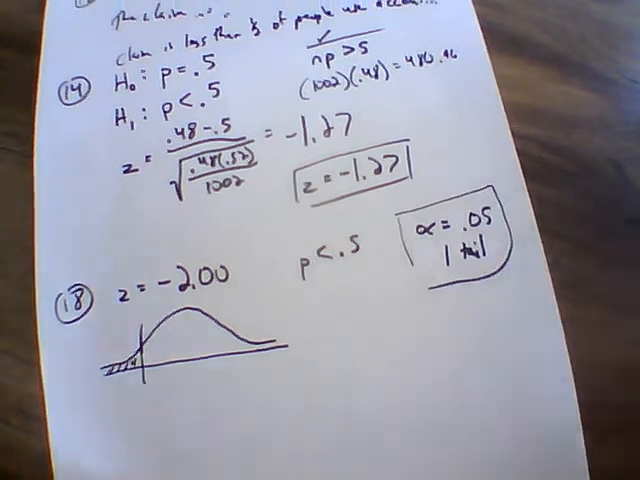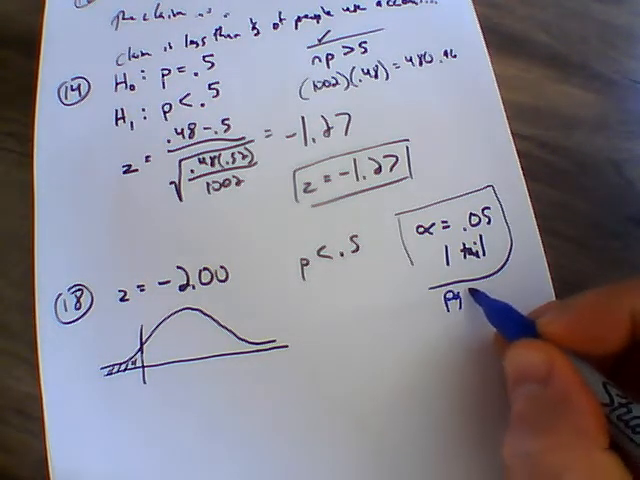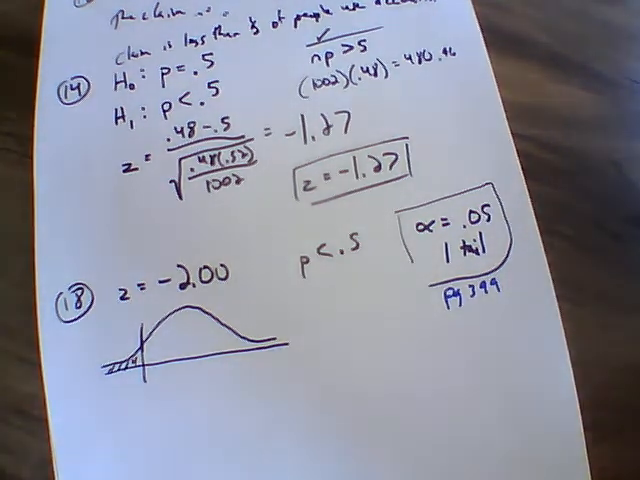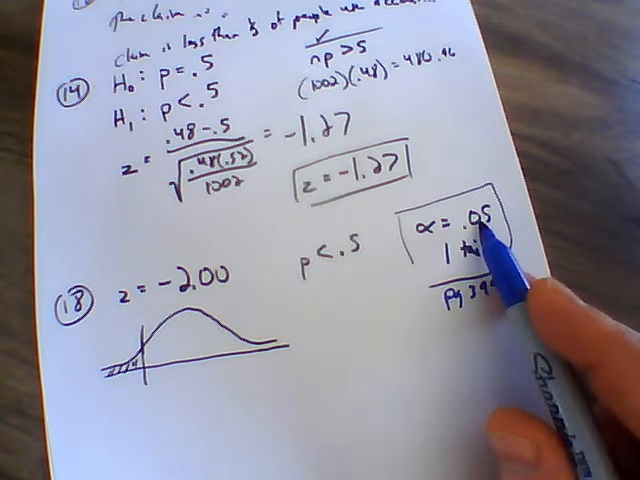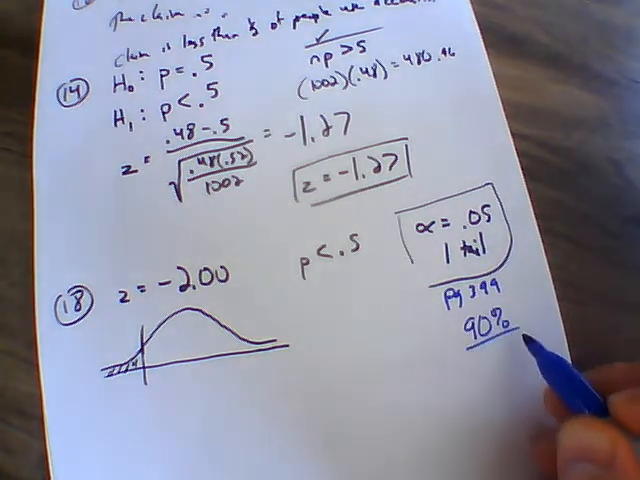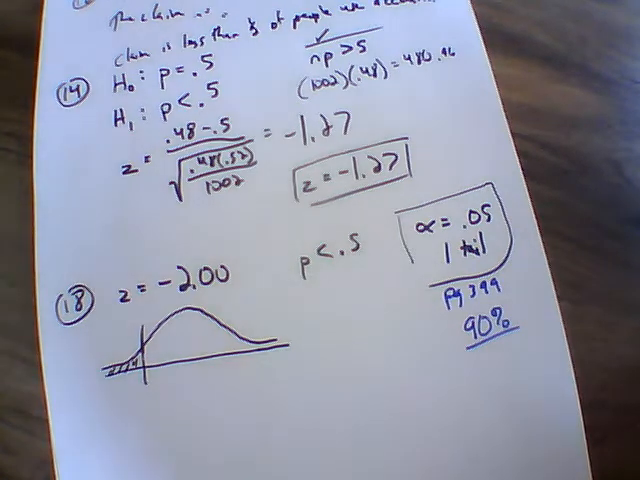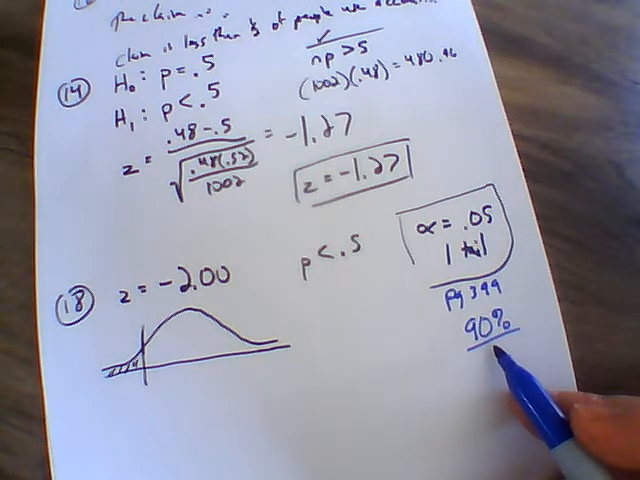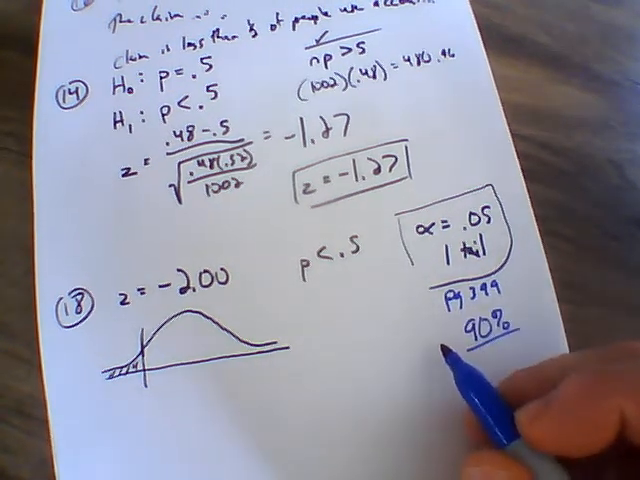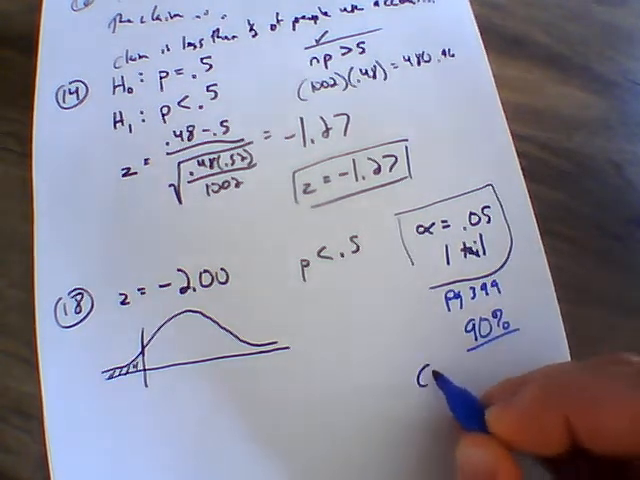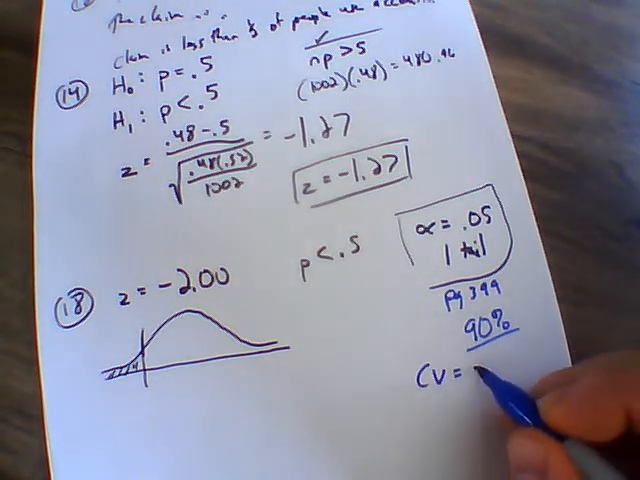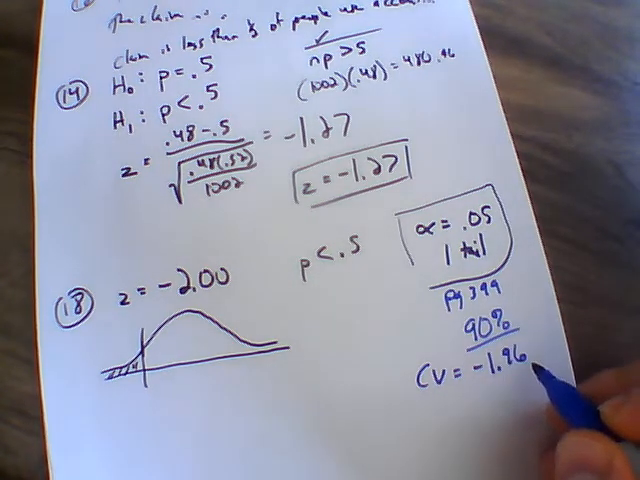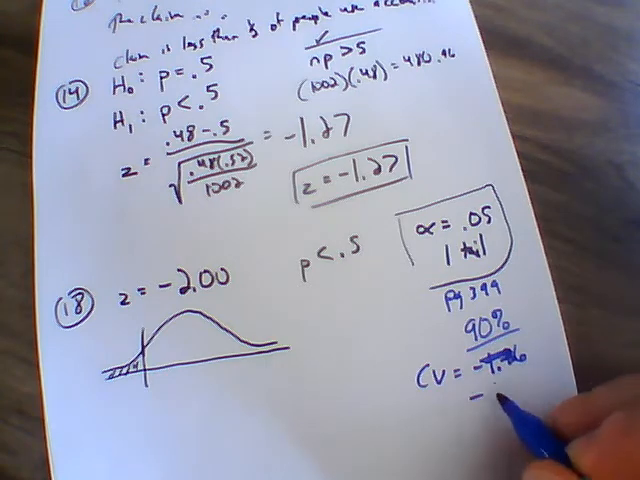Because we have this, I want to refer you back to page 399. On the bottom of page 399, it says for a one-tail test, an alpha of 0.05, we're at a 90%. So we're going to be referencing back to a 90%. If we consider a 90 percentile on our table, our critical value then would be a negative